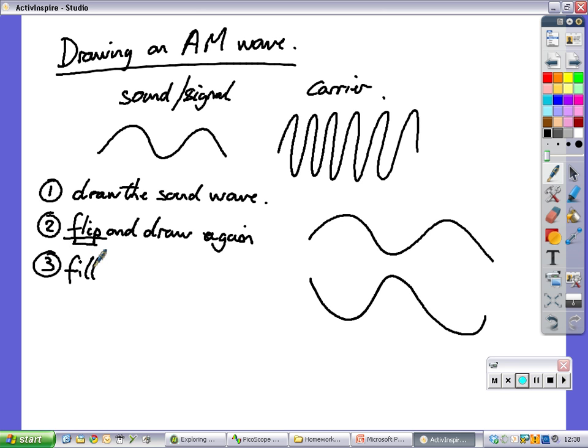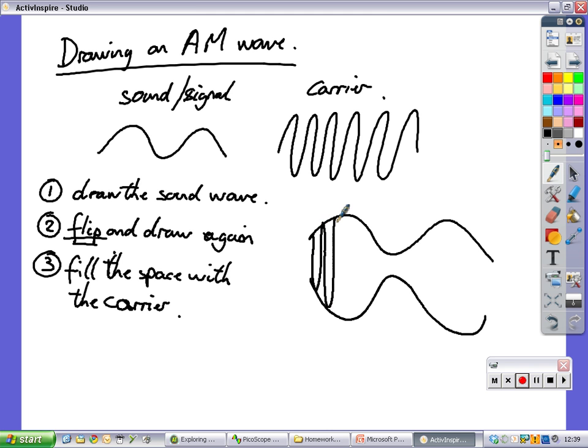And number three, fill the space with the carrier. So I'm going to then fill this space in here. Okay, good. So fill the space with a carrier wave, and we just fill this space in between them both